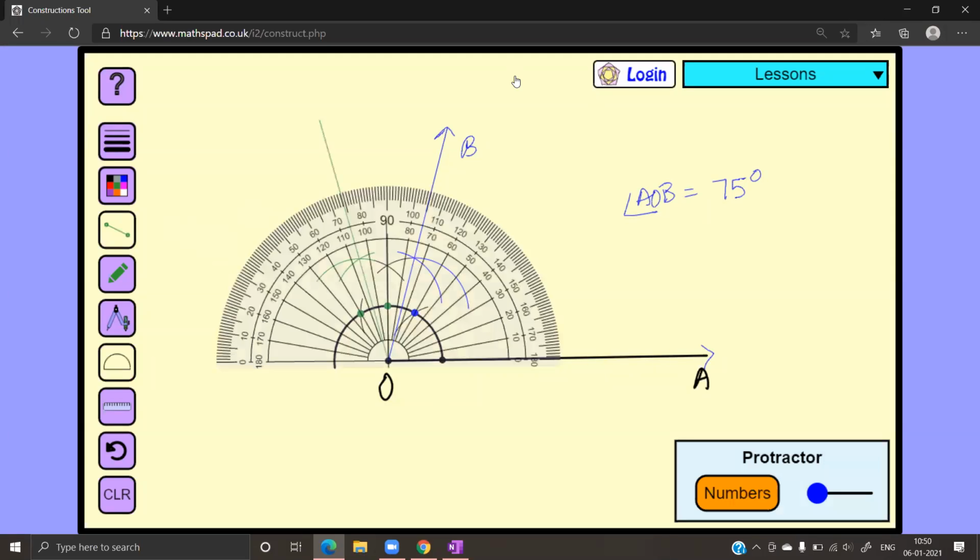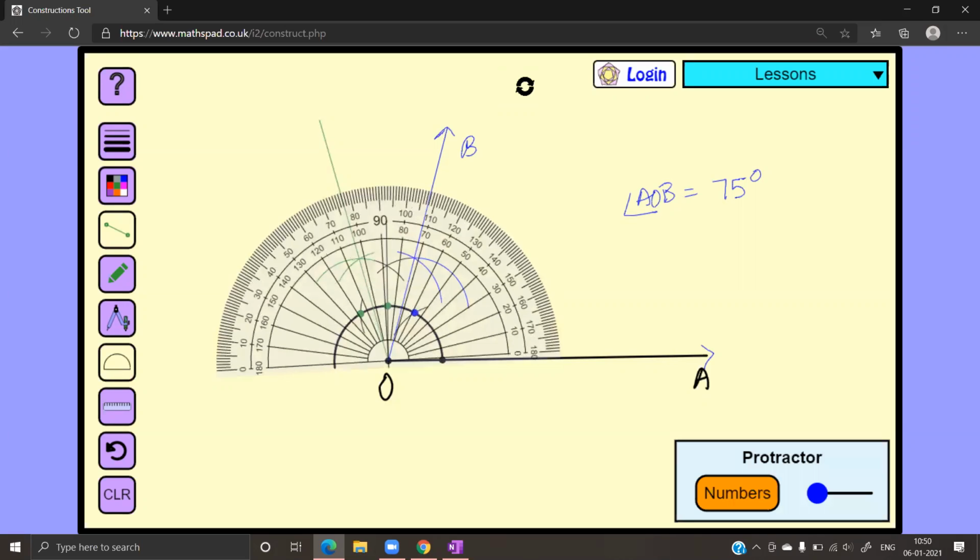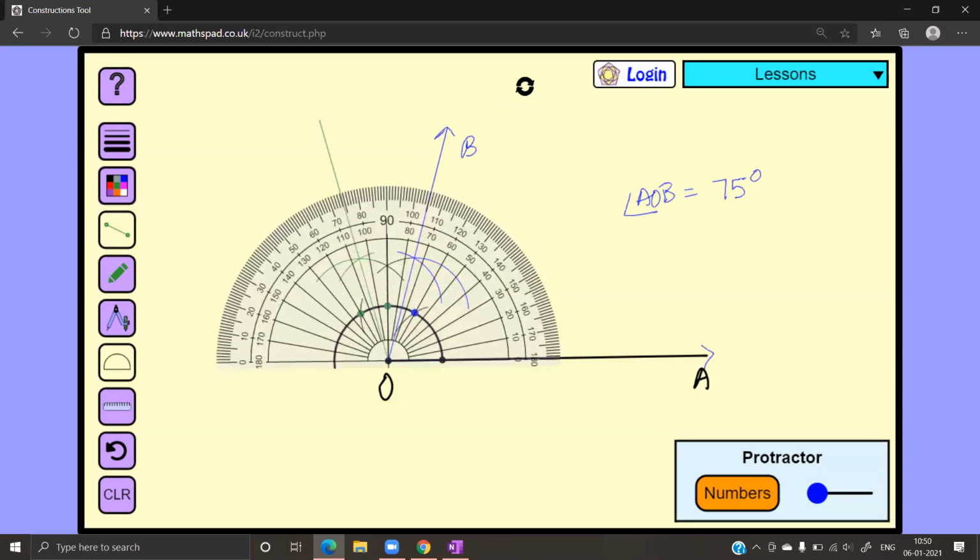Check your compass. So mine seems to be a little off. You can just see if it is fine. Yeah, it's a little off. Mine is 106 degrees. So maybe there is some mistake. So you can just verify every time you are doing construction. This angle right here will be your